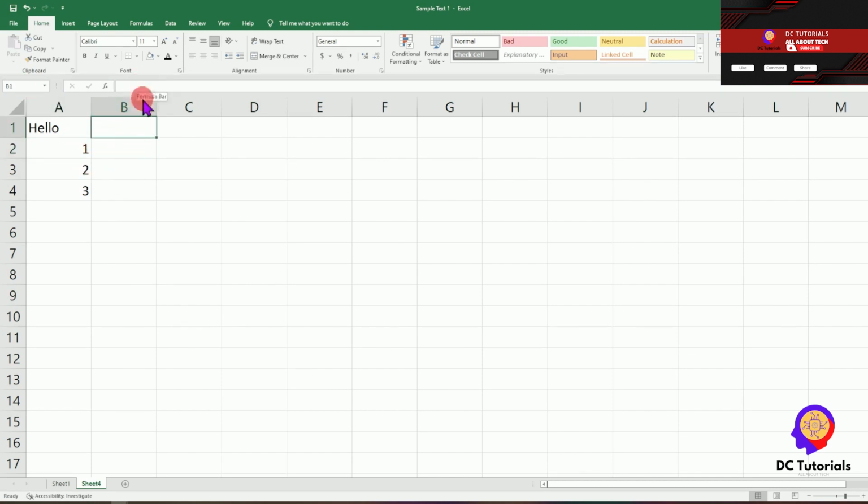Now this is our formula bar. You can also type things here and it will be updated in your active cell as well. So if I type something here in the formula bar, as you can see, it gets updated in the cell as well. Okay,